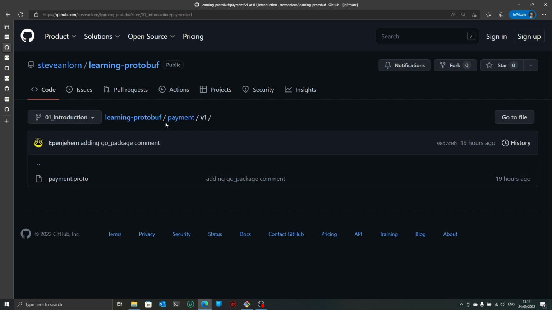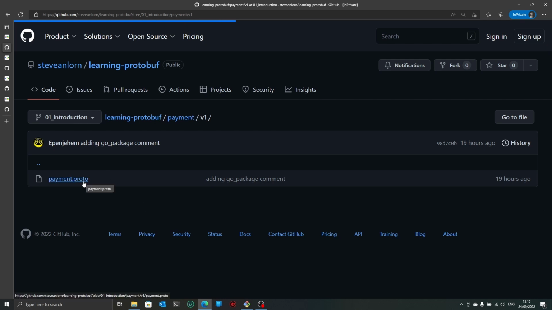I find this is kind of the best practice of how we should organize our proto files based on version and based on the service or package. Please correct me if I'm wrong, because I've never done this before. If you have any idea of best practice of how we should organize proto files, please let me know in the comment section. So let's take a look